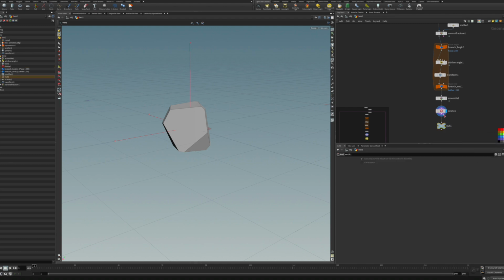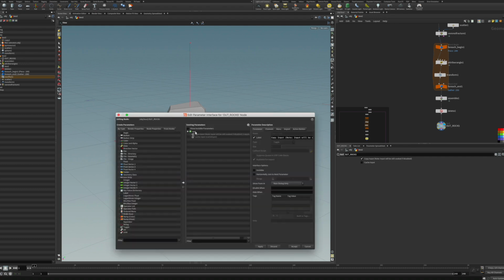So if you want to create a slider or something that you can put on just a number, could be a seed for a copy stamp. So let's create here a parameter. It's going to be an integer, and this is going to be the value you're going to use in a little expression there on the delete node. So we can copy